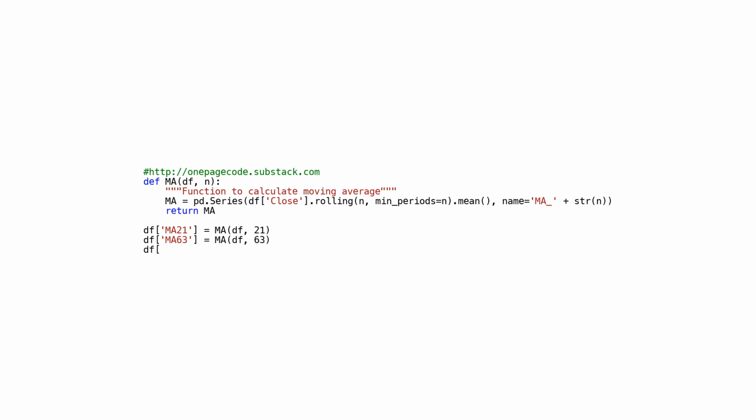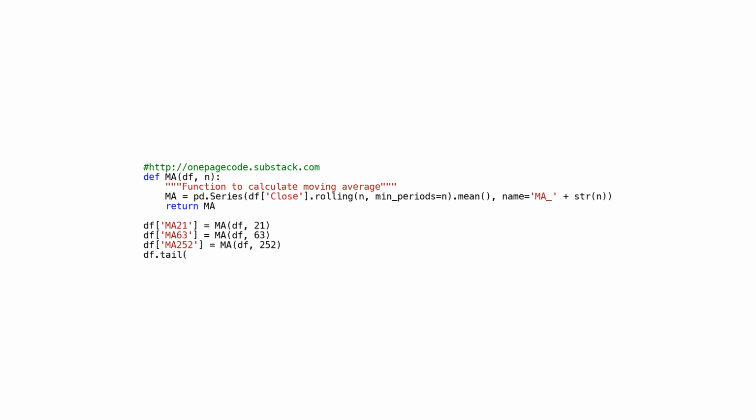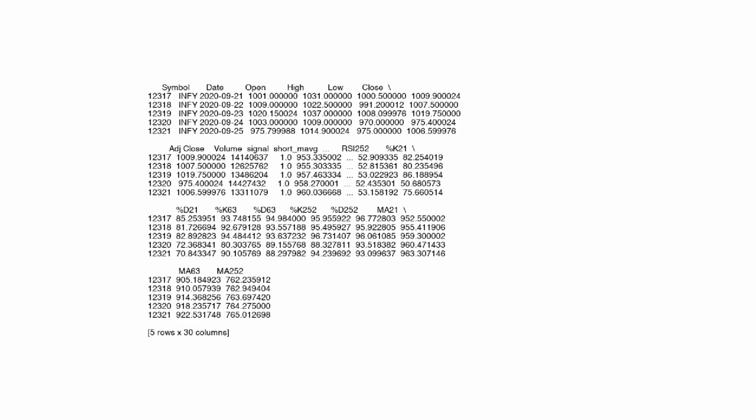The next 3 lines of code call the MA function with different period values 21, 63, and 252, and assign the resulting series to columns MA21, MA63, and MA252. It allows users to easily calculate and view moving averages based on different time periods. As a final step, the code returns the final few rows of the data set with moving averages calculated for